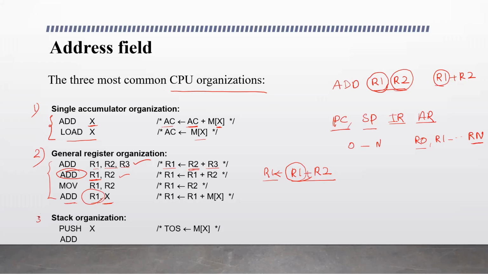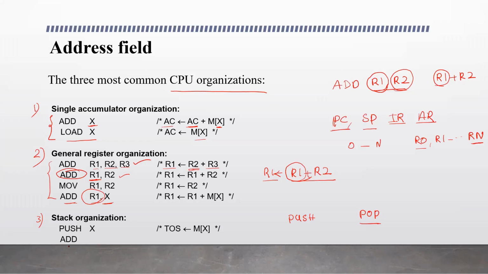And the third type of organization is the CPU that has the data structure stack. Storage is organized in the form of stack. We know in stack what all the operations done, right? The operations performed are push, you can insert an element, or you can remove an element by using this pop instruction. So the instructions are push and pop. And in the stack organization, the instructions may have a single address or zero address.